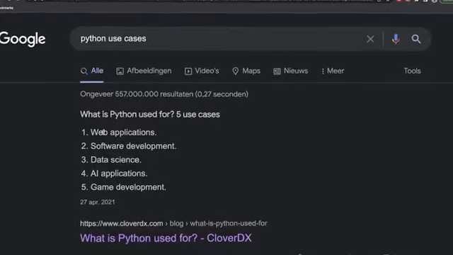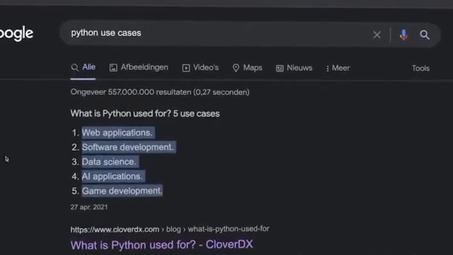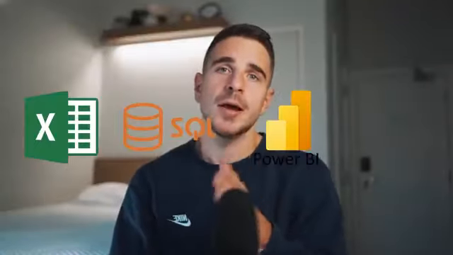Meaning, if you get good at Python for data analysis, it might also open the door to a lot of different job opportunities. So, the path I took is Excel, SQL, Power BI, and Python. This is the path I would recommend as it worked out great for me. But you can start off with any language or tool that suits you best, because whatever you pick, your first language or tool will definitely not be your last.